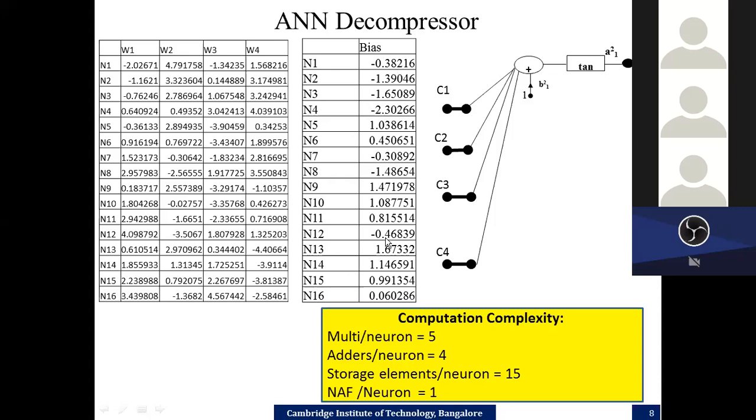There are 16 biases. The first bias is minus 3.8, 0.38216, so that will be used here. The accumulated output will be processed through a TANH function, and you get a final output. Whatever I'm trying to tell you is very, very basic, so that you understand this, because as we proceed further, we will get into a lot of hardware implementation details. I'm trying to stress upon the fundamentals so that you are aware of them. All these weights and biases I have got from the MATLAB training activity.